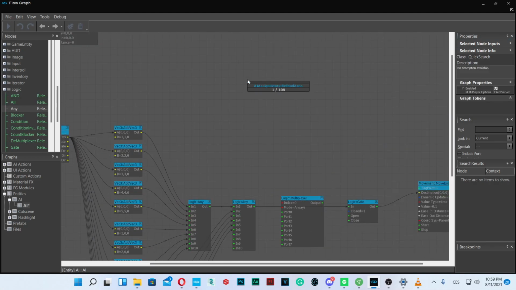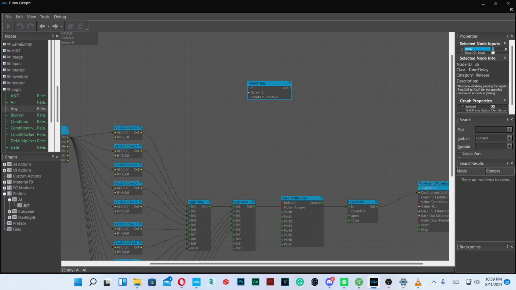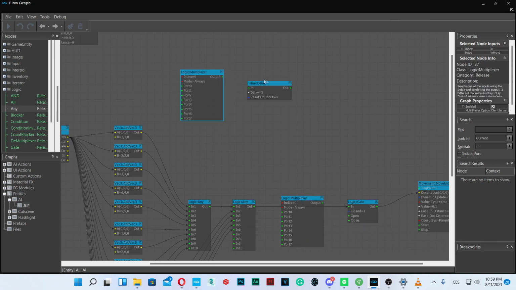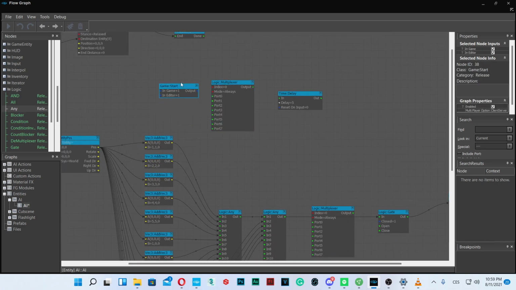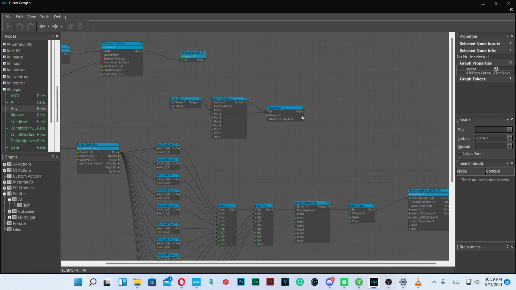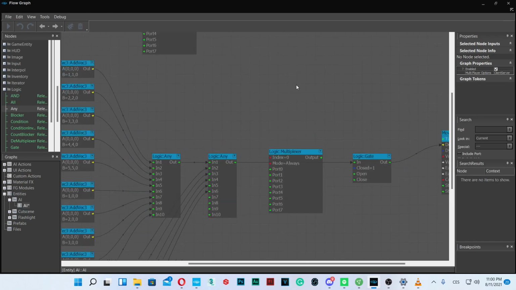And let's say we're gonna make a delay, and let's say we want a new destination entity to be generated every 5 seconds. So we're gonna add another multiplexer. We're gonna go with start, and we're gonna trigger the delay, and when it's out, we want to go back into the multiplexer. So by this we'll create a loop in this, and basically